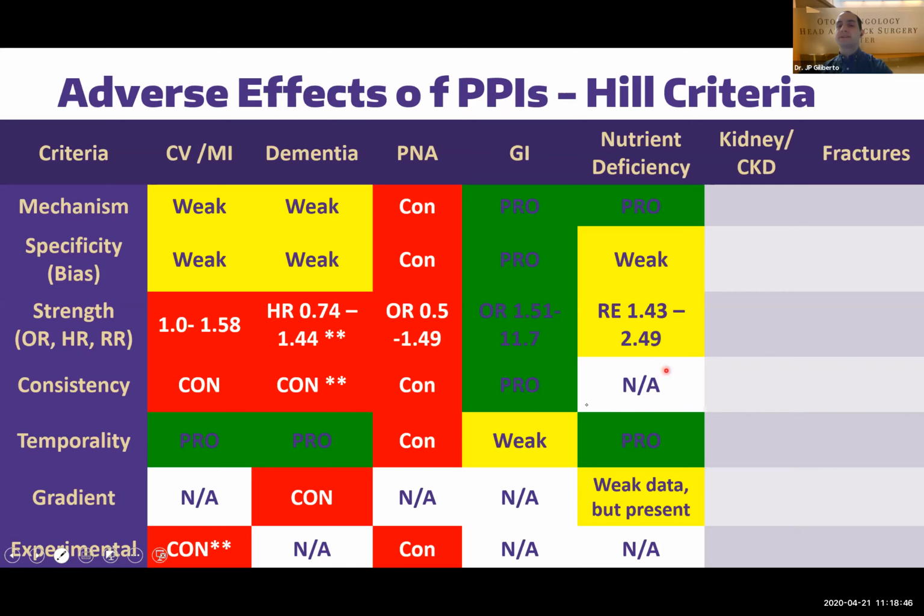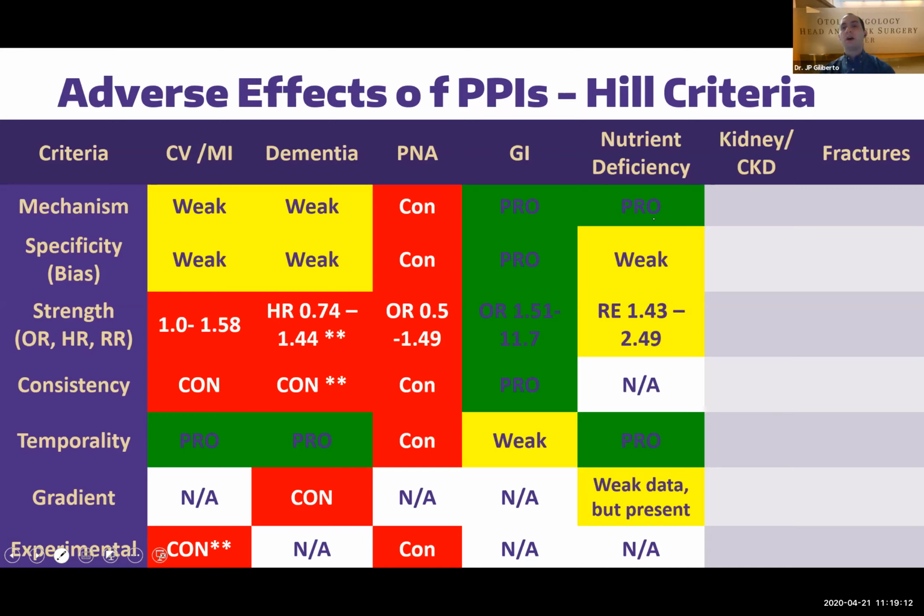It's hard to really assess consistency. There are not multiple studies like this. And the studies do a good job in these case control models of really showing that the exposure happened before the result. And there is a little bit of gradient data, but it is weak. But the important thing to understand is this nutrient deficiency, like I said, doesn't always translate into a clinical entity of concern for actual ramifications from the nutrient deficiency.